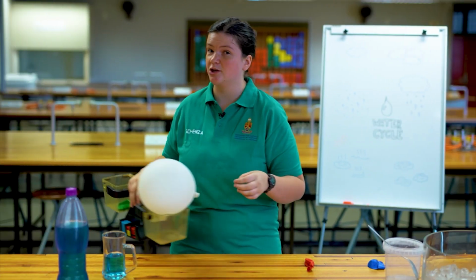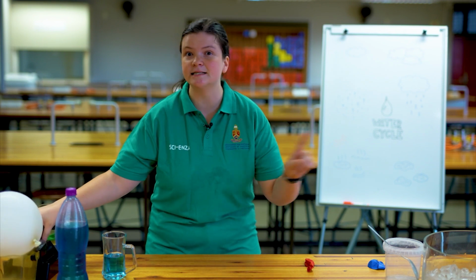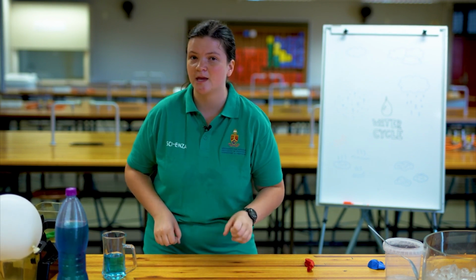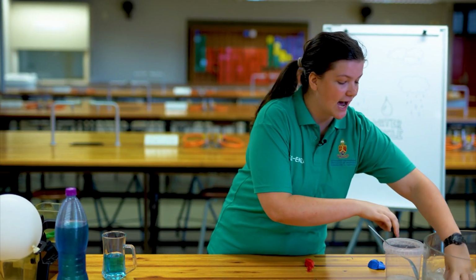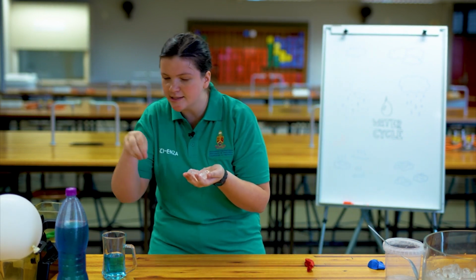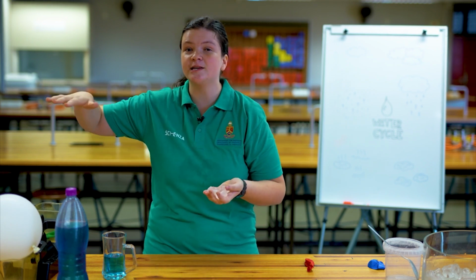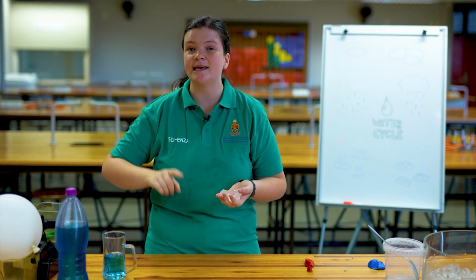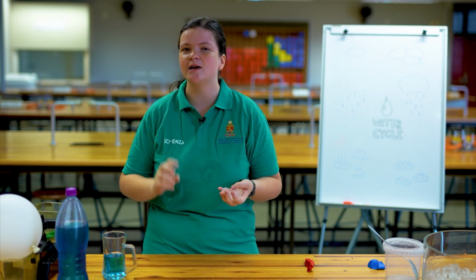Just because something starts off as one state, though, doesn't mean it's going to stay that way. When we have solids, we can turn them into liquids by melting them. If we have liquids, we can turn them into solids by freezing them. We do this all the time. That's how we get ice cubes. We take water and we put it into little containers and we put it in a freezer to cool it down, and then they solidify and turn into a solid.